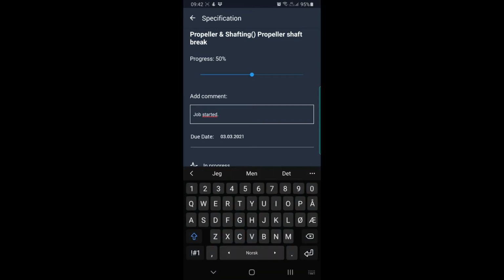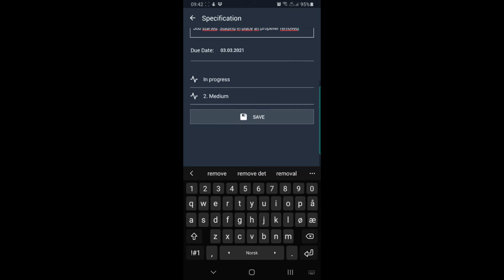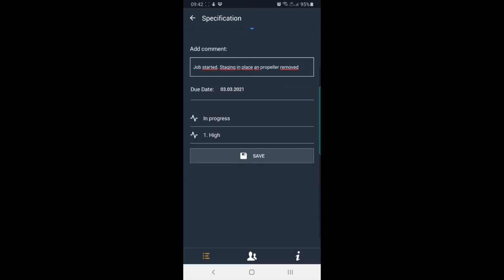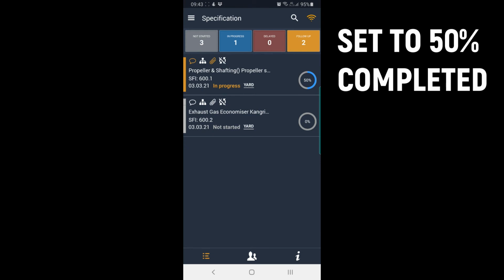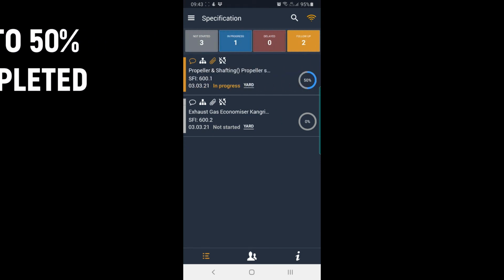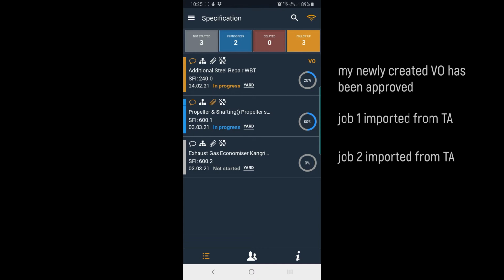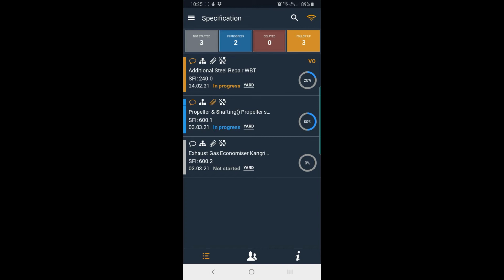And I'll add a comment because all these comments will be imported back into the project report in Task Assistant. I'll set it to a high priority and I click save. So now you can see that it's set to 50% completed. So now I have my newly created variation order that has been approved, and I have the 2 jobs imported from Task Assistant. I'm going back into propeller and shafting